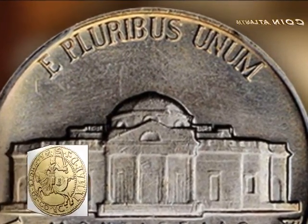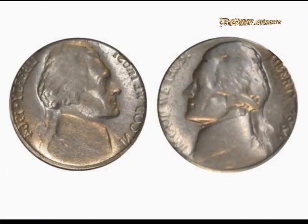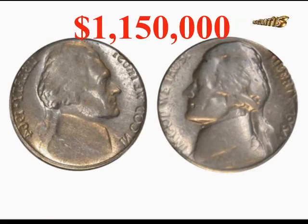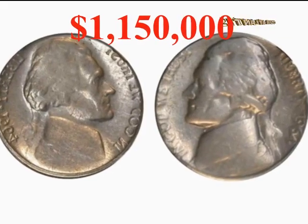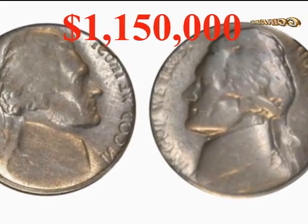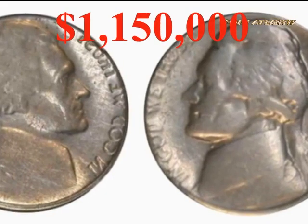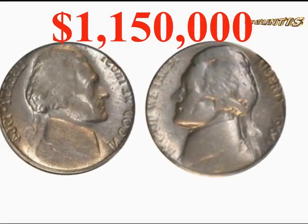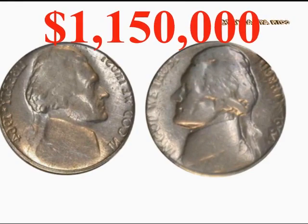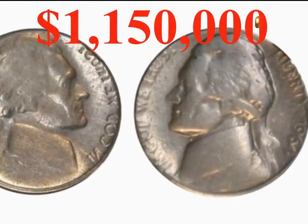1964 Jefferson Nickel Mirror Brockage. The 1964 Jefferson nickel is called the mirror nickel. The coin is one of the most expensive assets any collector could own. But why would it have such a high market value? This mysterious coin has a mirror brockage error. It has a head on the obverse and reverse. But one of the sides looks like a mirror. This strange, striking error makes collectors want to invest all their cash to get it. The 1964 Jefferson nickel with this mirror error isn't a coin for just anyone to afford. Prices range from $100,000